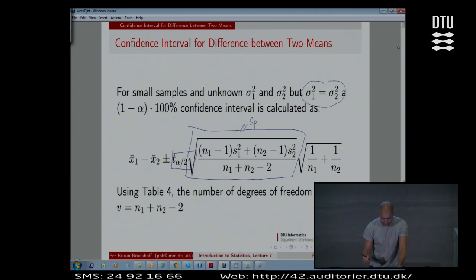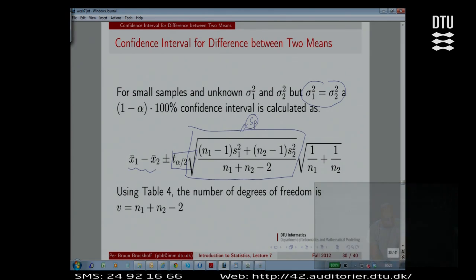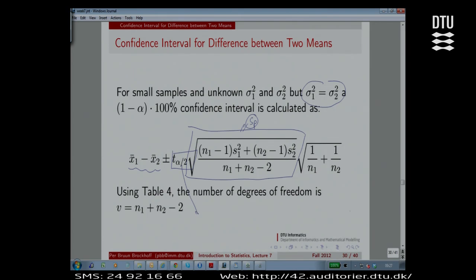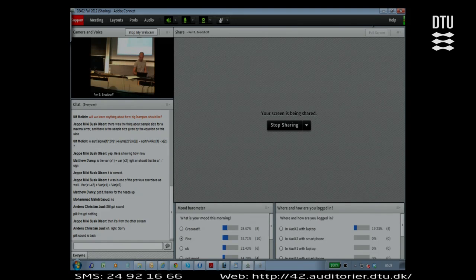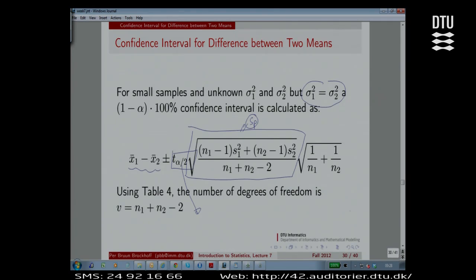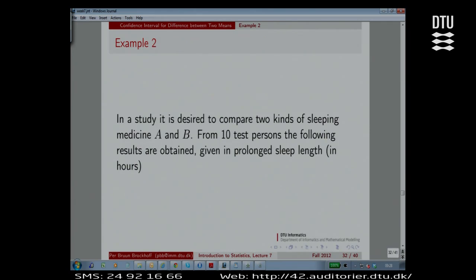That was the result, without going through plugging into the formula, but showing you that the R function actually plugs in. Please note that the formula just consists of the SP, the two means, and then finding the proper t, which could be found using the qt function or table 4. Right. This was as much as I would say about confidence intervals for the difference of means. So we make a jump to the next